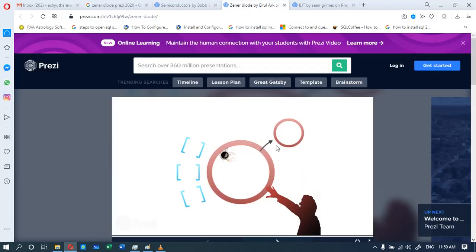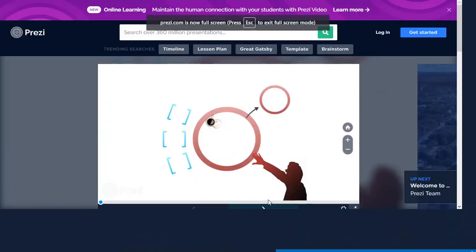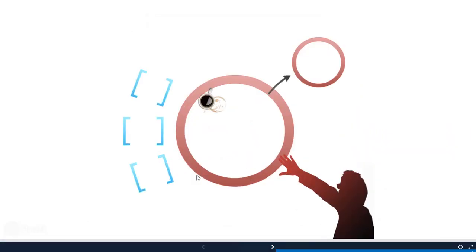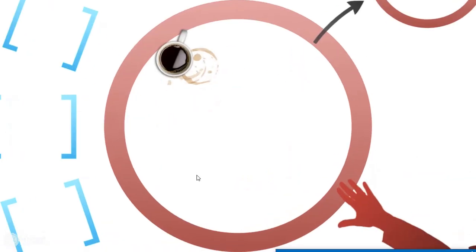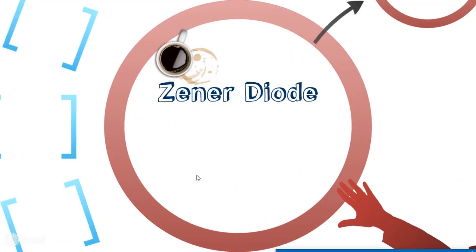So, the best application of semiconductors is the PN junction diode. In that we have the Zener diode. This Zener diode is nothing but a special application of the PN junction diode. In a PN junction diode, we have a positive type and a negative type semiconductor combined together. So let us see what exactly a Zener diode is and its simple properties.